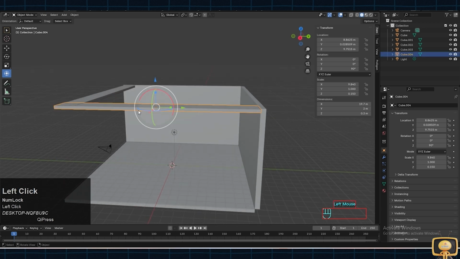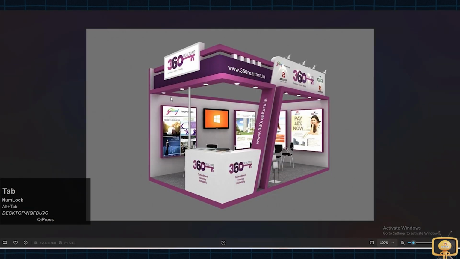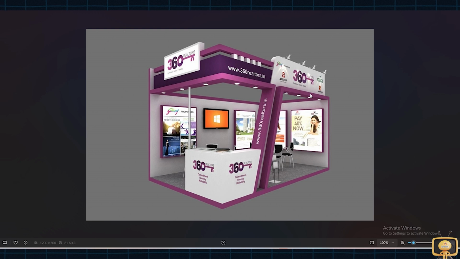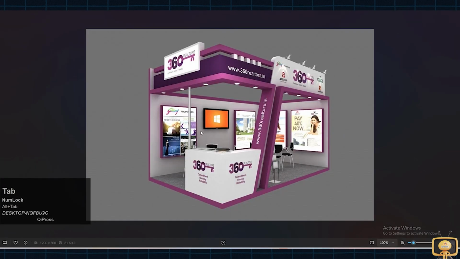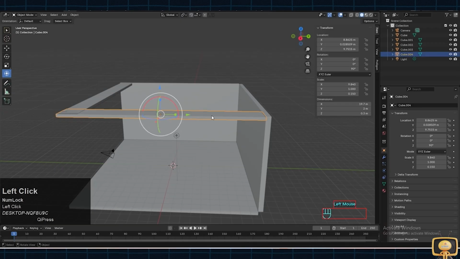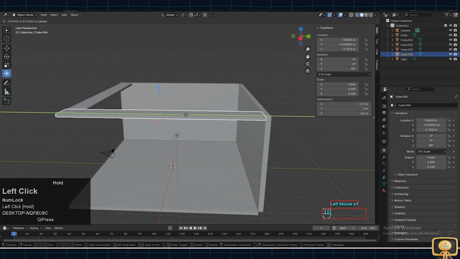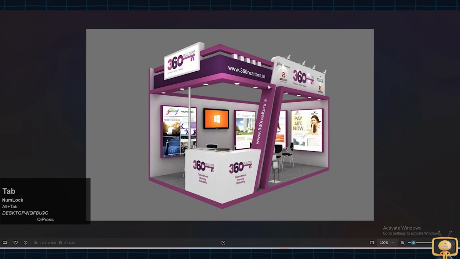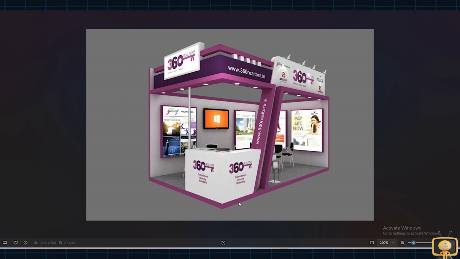Now let's make it around half. As you can see, the table should be around 2.5 feet, that is the height will be 2.5 feet and width around 3 feet here, 3 feet here.